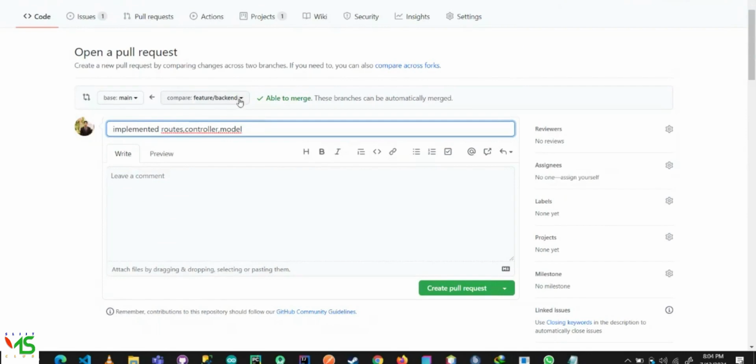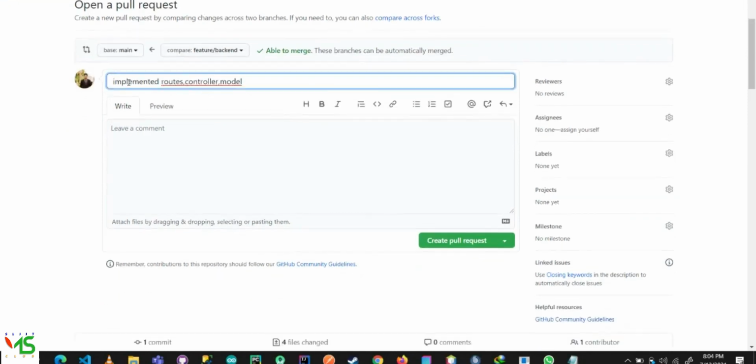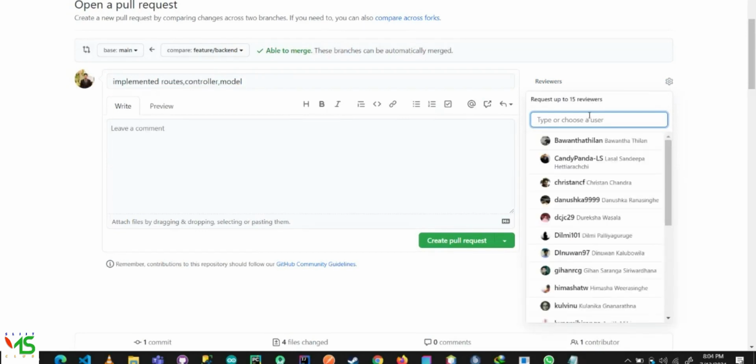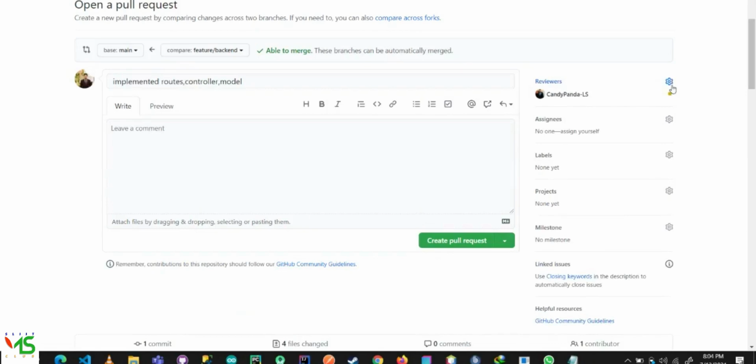I am going to make a pull request from feature slash backend to the main branch, right? So here you can give a title for the PR, and here you can give assignees and reviewers. I will give Lasal and